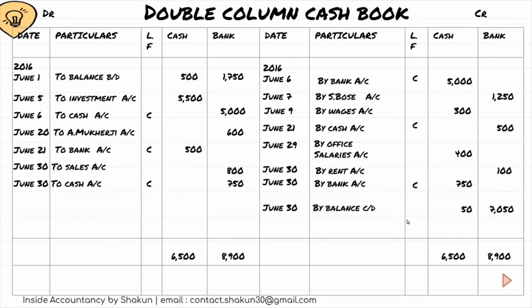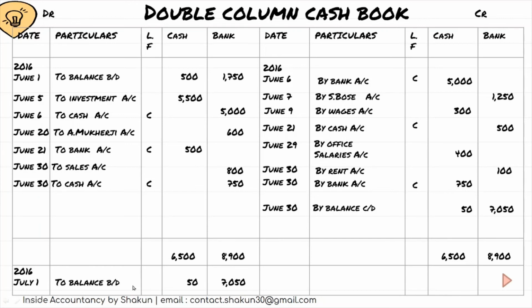Please note that whenever the balance is carried down, it must be brought down to the next month. So after June, we will be bringing it down to July 1 as balance brought down. See, if you notice here, I've written carried down. Why carried down? Because I'm going to carry this balance to the next month. And here I've written brought down. Why brought down? Because I have already brought it down from the previous month. So this is our answer.